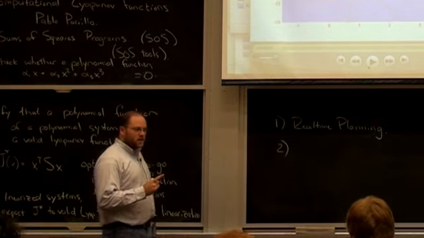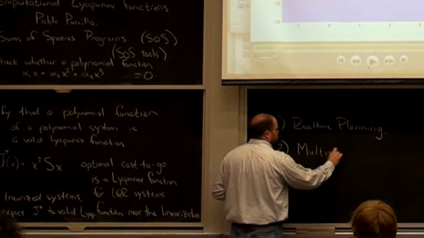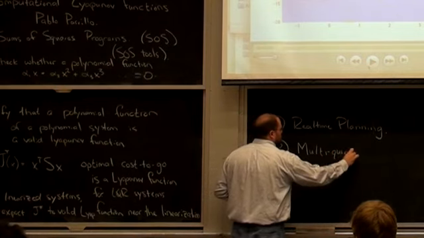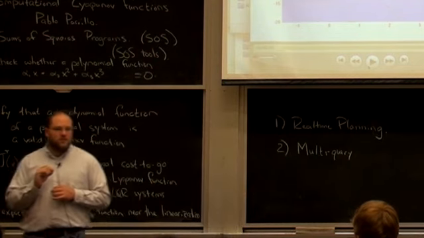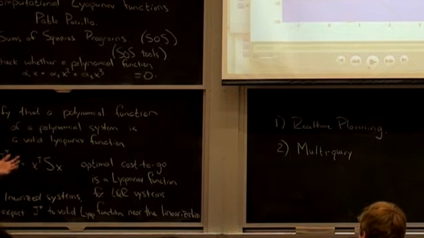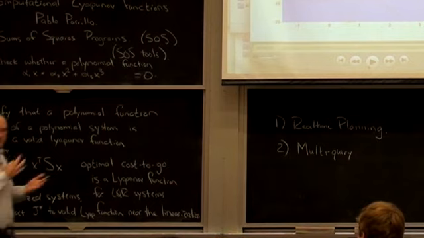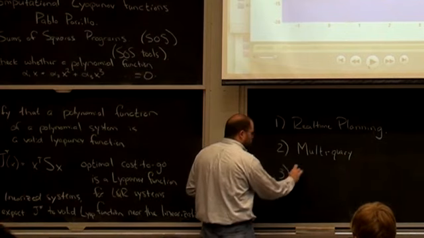The second idea was building these trees and doing multi-query, keeping your tree around and just finding your way to the closest point of the tree every time you execute. And that has the nice feature that every time I execute, my tree gets a little bit bigger and I know a little bit more about my robot. And the last one was this feedback motion planning,